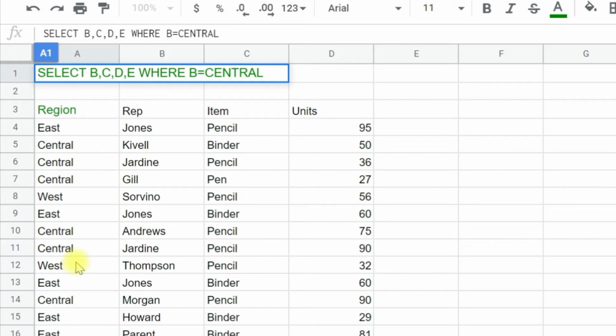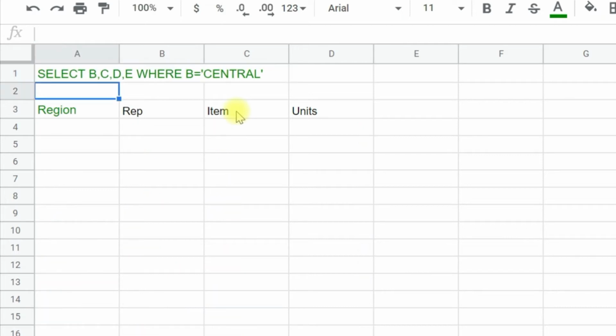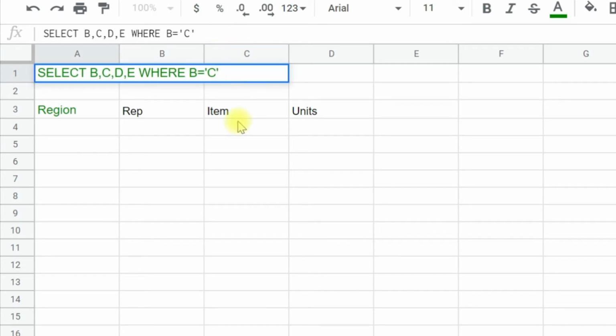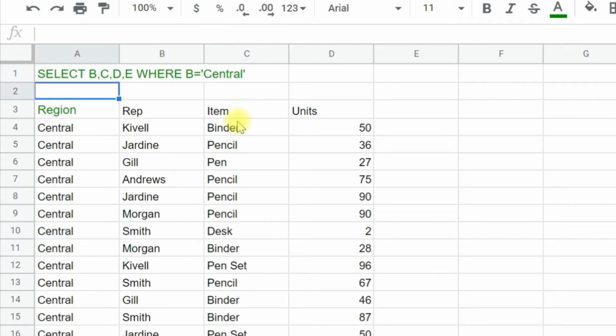If it is text, it will be under single quotation, and if the data is numeric values, it doesn't require quotation. We will see that. Here the data is in lowercase with only the first letter in uppercase, so we'll change it to match. Press enter, and now you see only central entries showing.